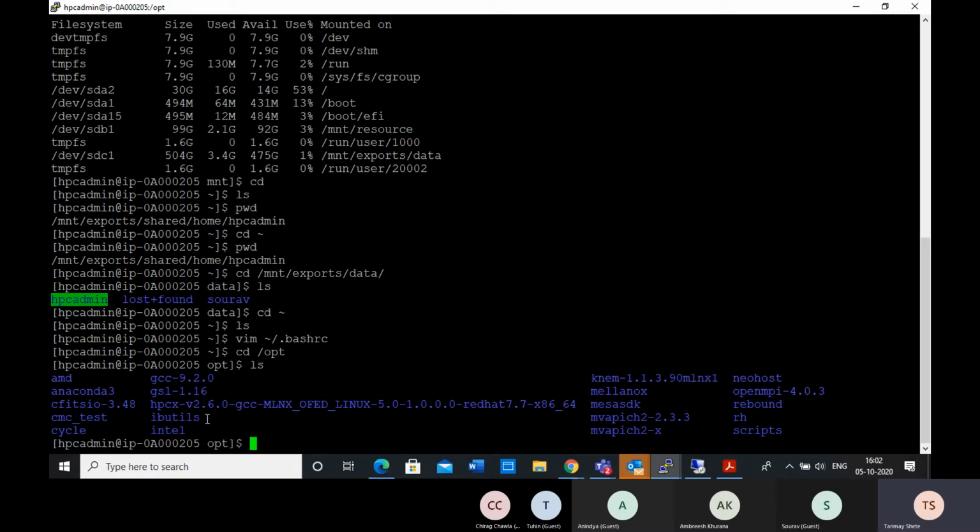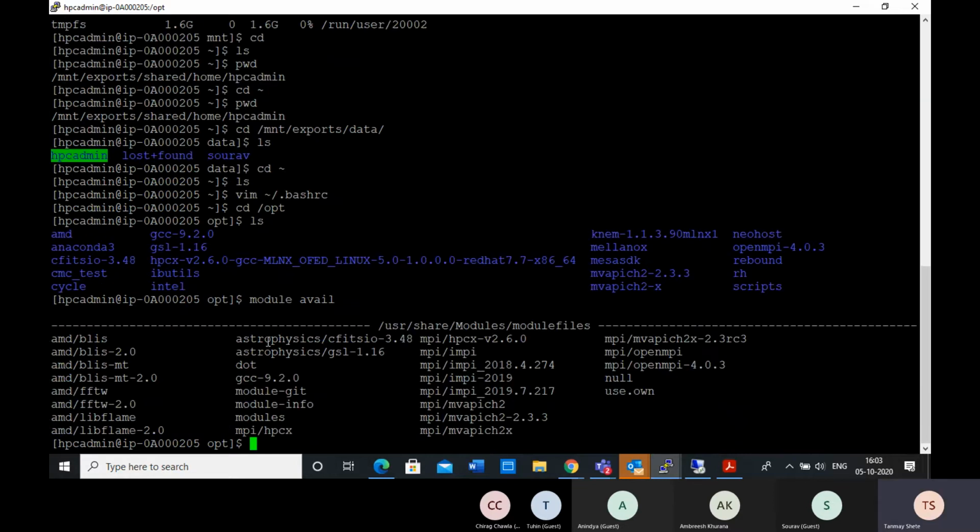But how do you use those libraries and modules? We have created the modules. If you run the module avail command, then you can find all the modules that we have kept in the /opt directory.